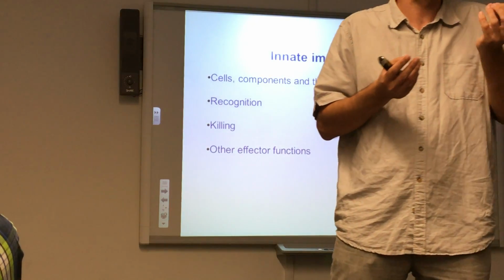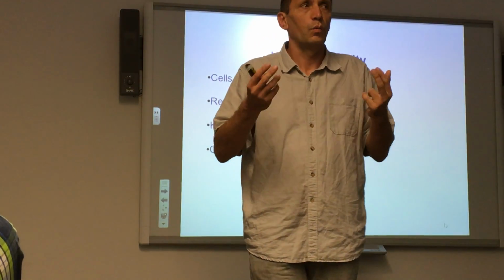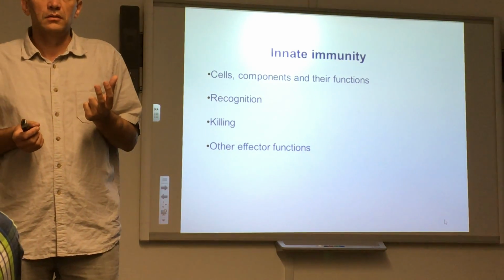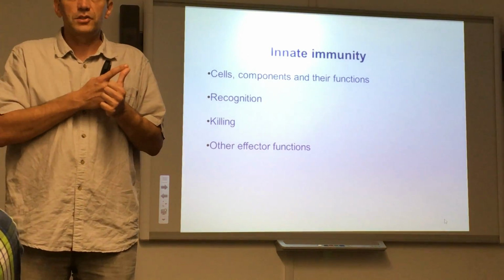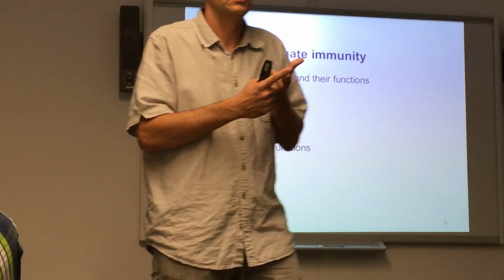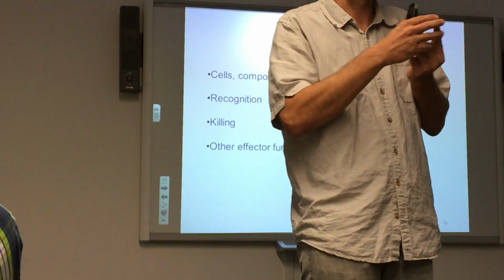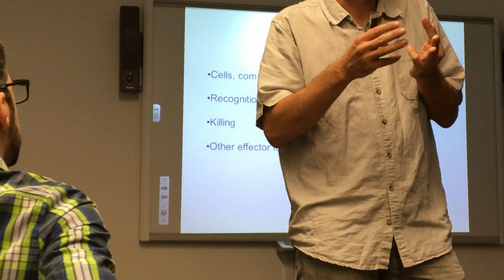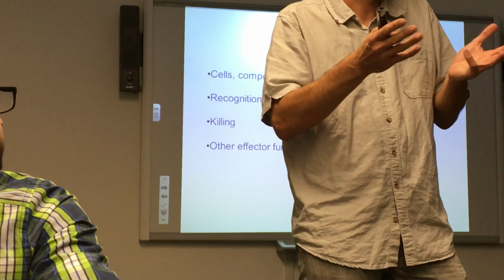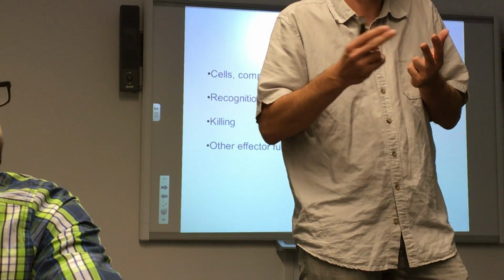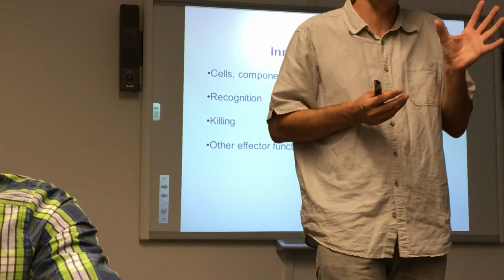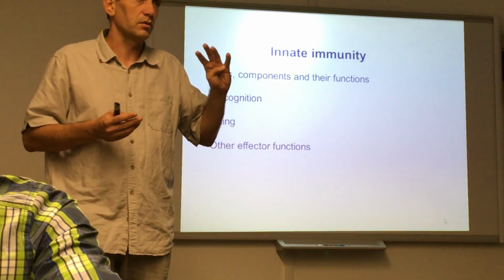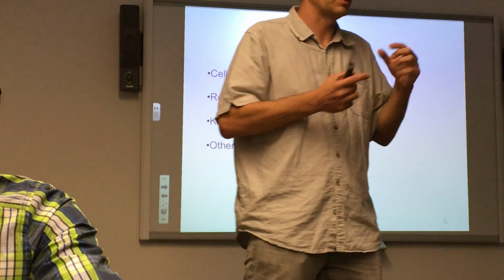What does it mean? Granules, it's a preform something, and it's released. What is in the granules to kill the pathogen? Hydrogen peroxide. A lot of reactive oxygen species. What else? Nitric oxide. Okay, it's not so clear. What else? It's very simple. How can you kill a bacteria? With destructive enzymes, proteases, lipase, and so on. Okay, so these granules contain a lot of enzymes, and these granules contain antimicrobial peptides, small cationic peptides which destroy